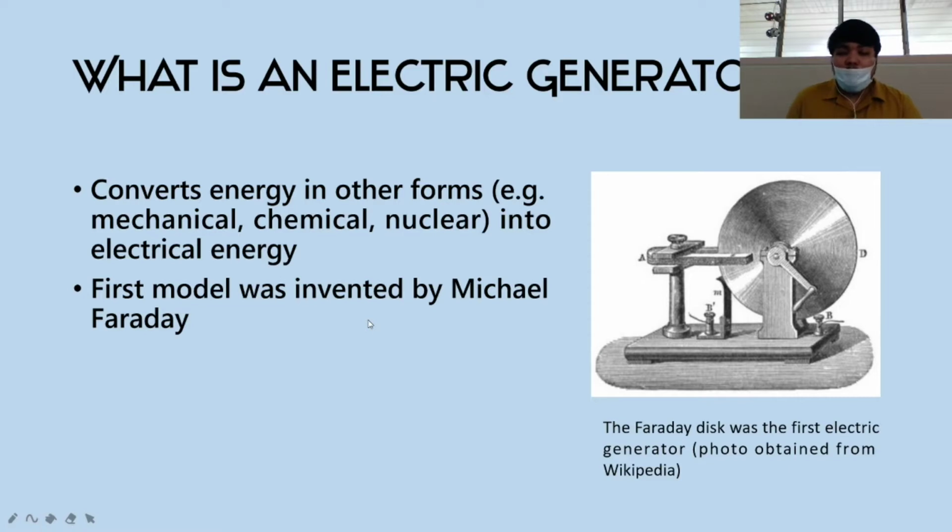Now, the first model of an electric generator was invented by the discoverer of EM induction himself, Michael Faraday. However, his first prototype of an electric generator, which is what we call a Faraday disc, as shown in this picture here, is not that efficient in generating electricity from other means, which is in this case through mechanical means by rotating this crank here. However, this concept